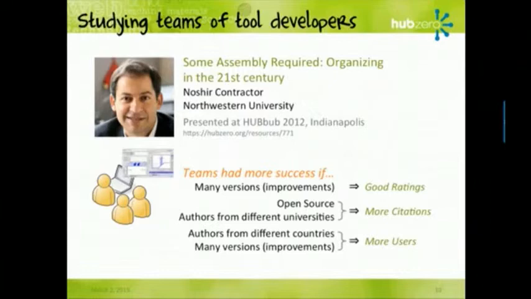And if you put it all together, if you follow all of these strategies, you'll tend to get good ratings, more citations, and more users, which overall gives you success. Nosh has a really interesting paper. I forgot to put the reference on here, but it's called Moneyball for nanoHUB or something. It's basically like the movie Moneyball, where they tried to figure out the best baseball team, not by getting the star players, but by getting what they needed on the team, right? So he has a whole paper. If you Google Moneyball and Nosh Contractor, it'll come up, and it's a really interesting read. It's exactly this kind of theory.